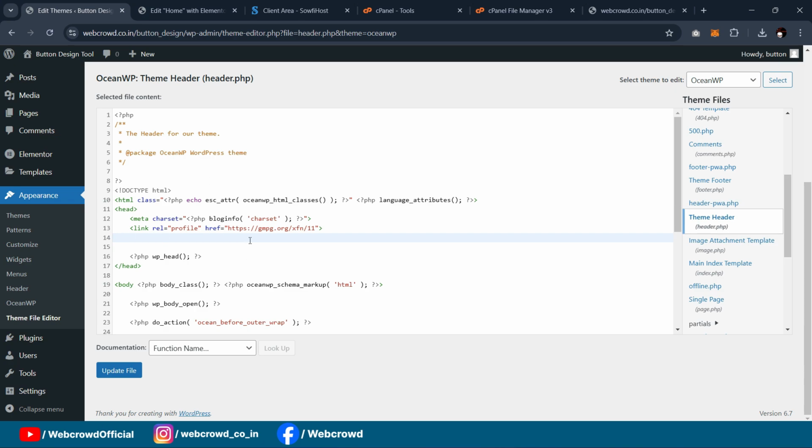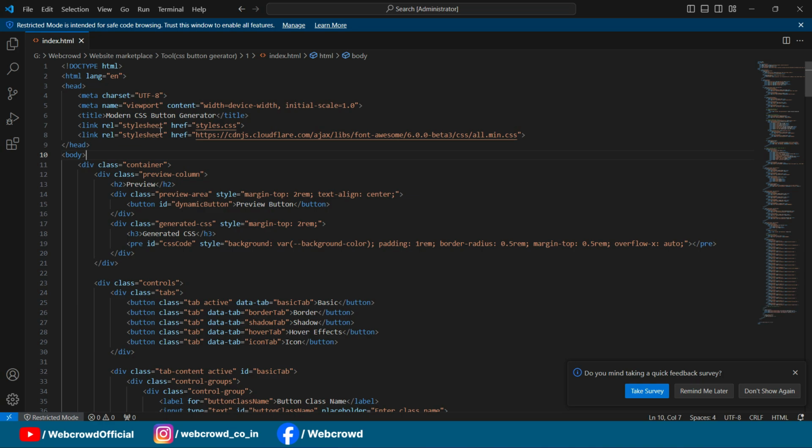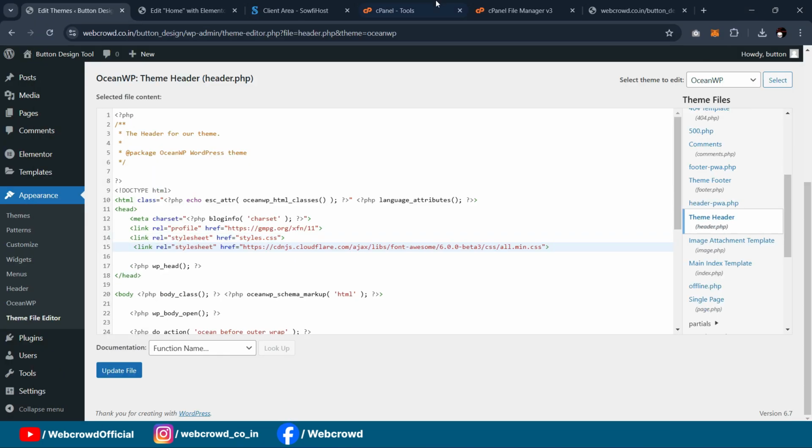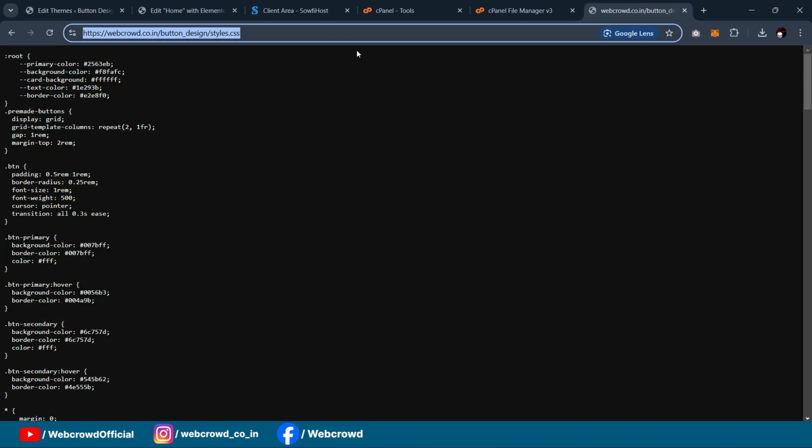just below this. Okay, and also we have another style sheet URL for the CDN. From here just copy this. So you have to copy each and every link that this HTML consists of, otherwise something will be missing. And we have to replace this style.css. So I will just copy this link,